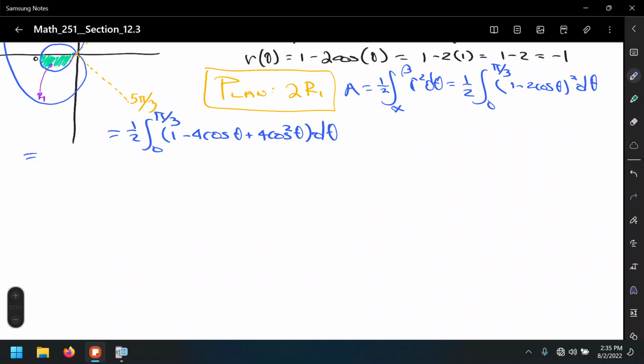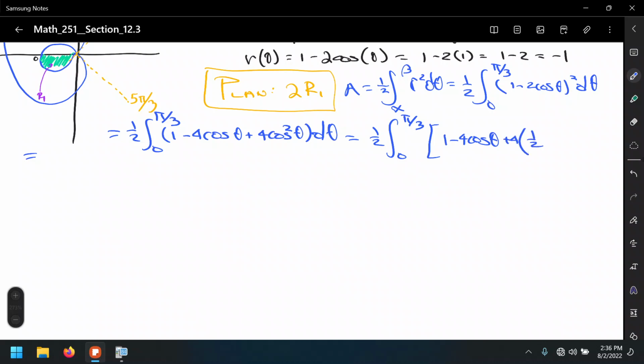In fact, we can integrate 1, that's going to be theta. We can integrate cosine, that's going to be sine. But we cannot integrate 4 cosine squared yet, so we're going to use the trigonometric identity there. So that's 1/2 integral from 0 to pi over 3. We'll open brackets this time, that's 1 minus 4 cosine theta plus 4